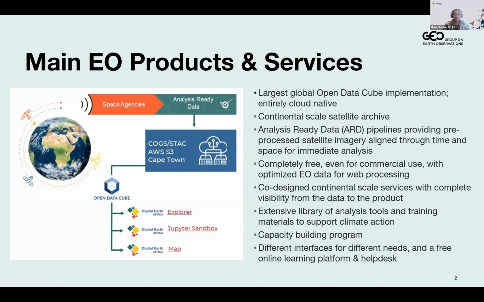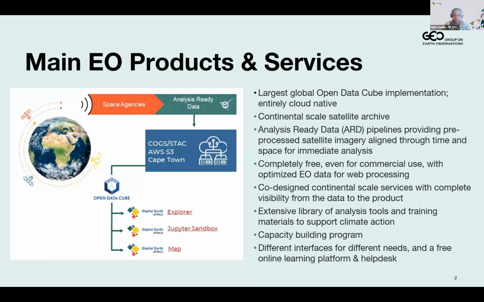So Digital Earth Africa brings together satellite data from major global space agencies, including the European Space Agency and USGS. So bringing in data from missions such as Sentinel and Landsat. But instead of just storing this data, we process it into what we call analysis-ready data. In practice, this means the data has already been pre-processed to a high standard, allowing you as a user to immediately start using it for analysis without having to invest a significant amount of time to prepare the data.